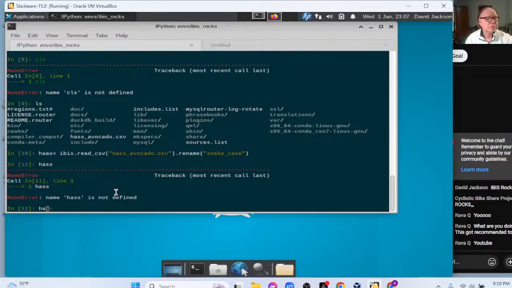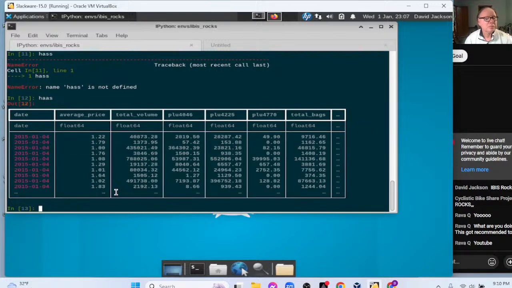Well, maybe it is. And the first thing you notice is this nice little formatted table here, okay? And that comes from the Ibis interactive function, okay?